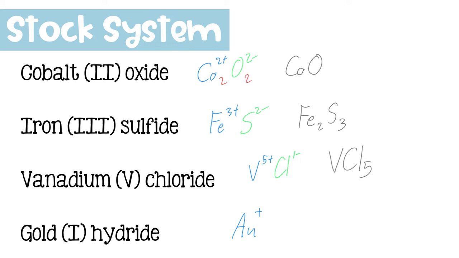Well, gold is Au, it has a +1 charge, and hydride is hydrogen, which is an H that would normally have a +1 charge. However, because we already have a cation, it forms a -1 charge instead, and we cross the charges to get